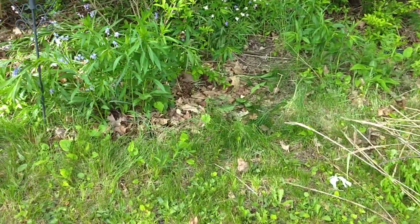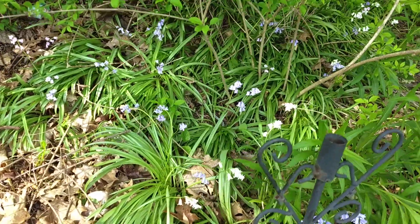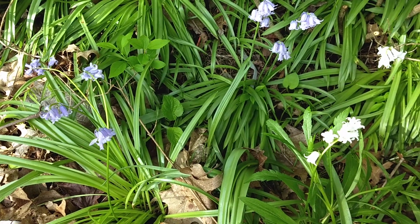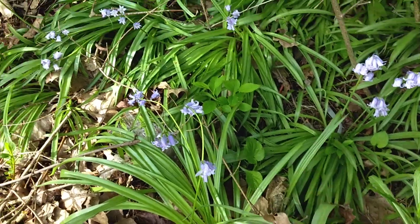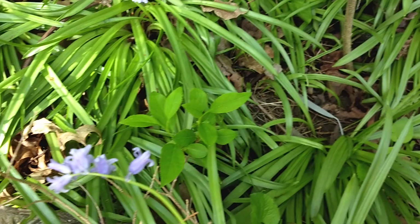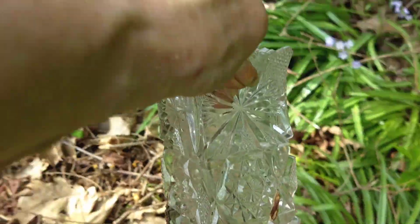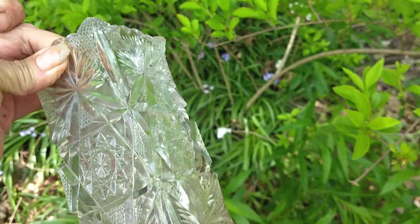But what I was excited about is these. These are bluebells. This is the bluebell plant. It's from the British Isles. What else is in there? I just noticed this. A vase. I struck the jackpot. That's kind of cool. Huh. Yeah. I like glass